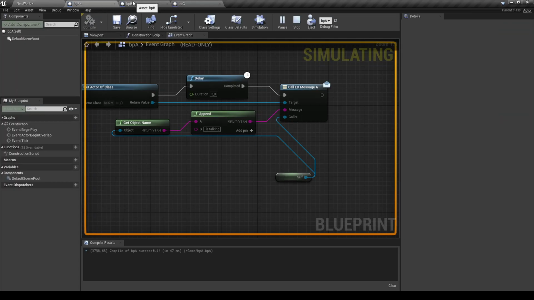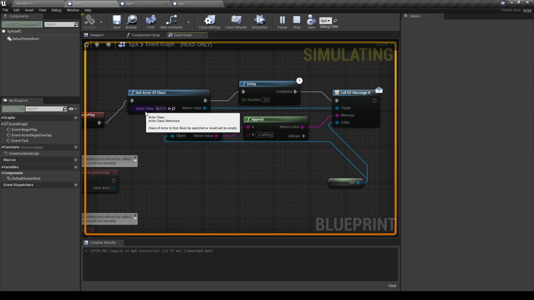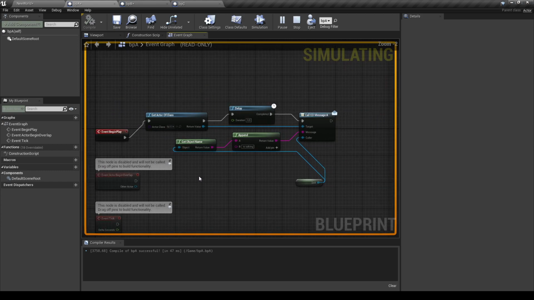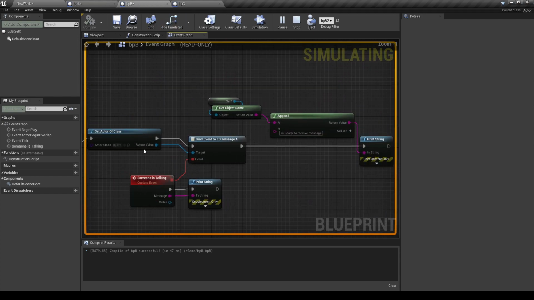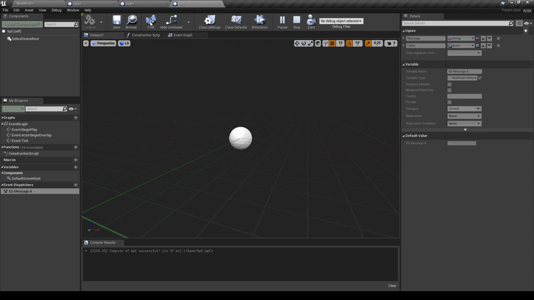So you see, this is a way that you can use to communicate, to have 1 or, well, 2 or more blueprints communicate with each other without having any reference to one another. So for example, in this case, A doesn't know that they will talk to B, and B doesn't know that the message is coming from A. The only thing that A and B know is that they are using C